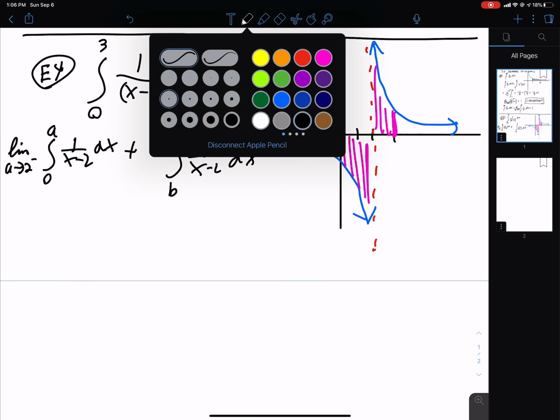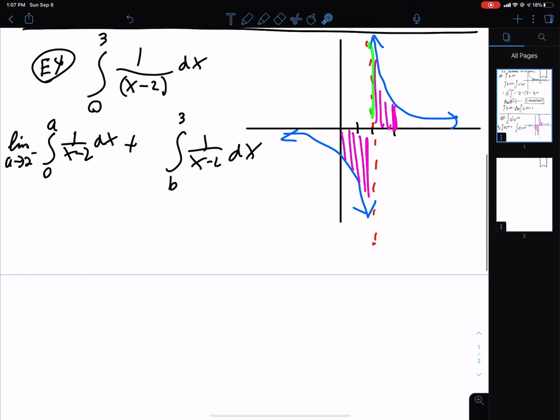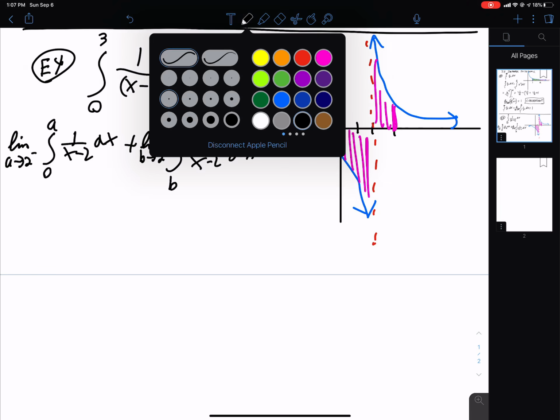And then on the right side region here, this is a no-no. So I'm going to approach 2 from the right for this region. So here, I'll take the limit as b approaches 2 from the right. Then I do some fancy schmancy